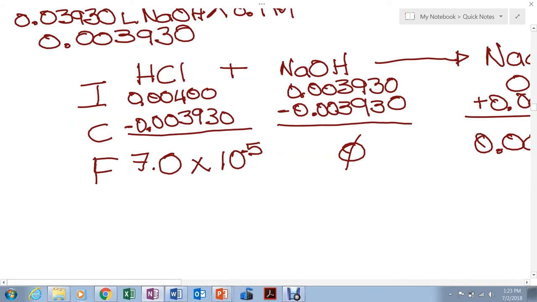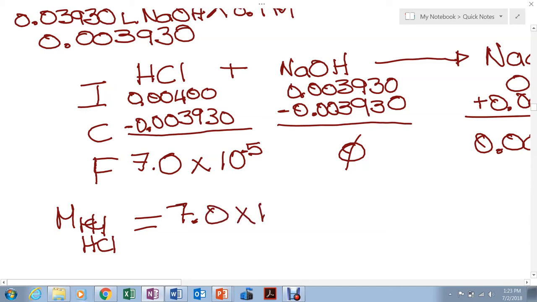The molarity of the acid, HCl, would be the number of moles left. We still have an excess of hydrochloric acid, 10 to the minus 5. The pH should give us higher. And divided by the total volume. Be careful, you have to add the total volume, which is in liters,